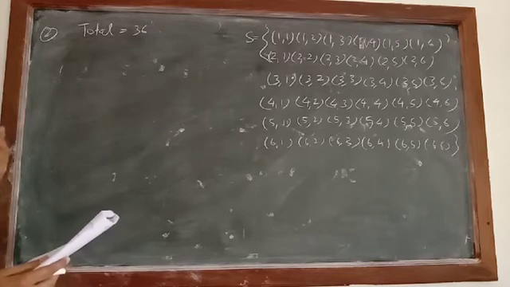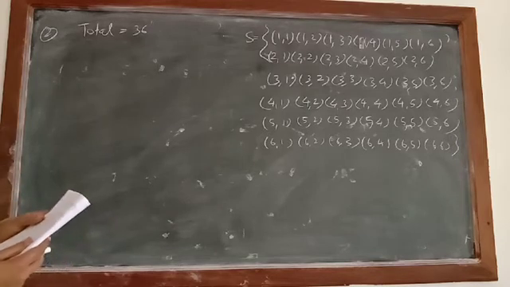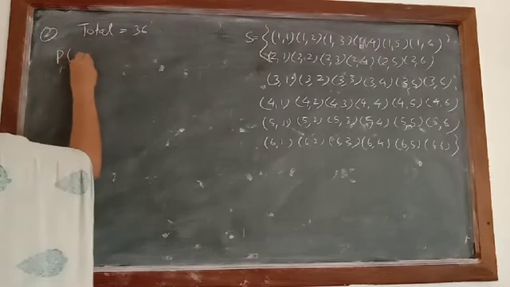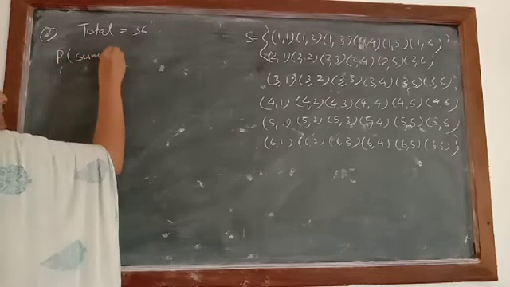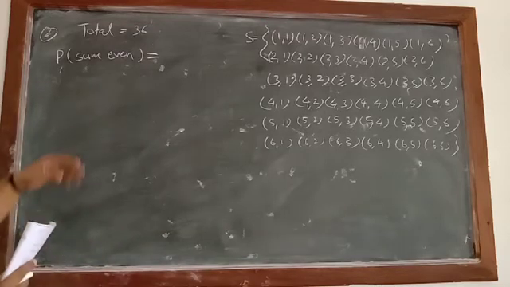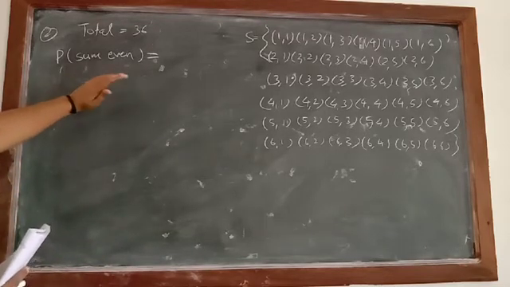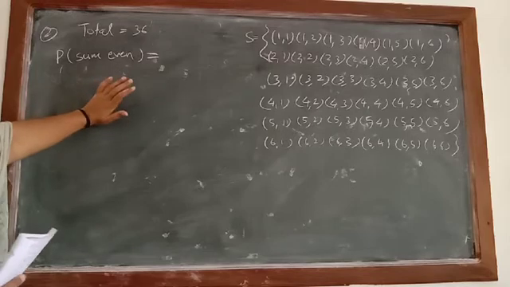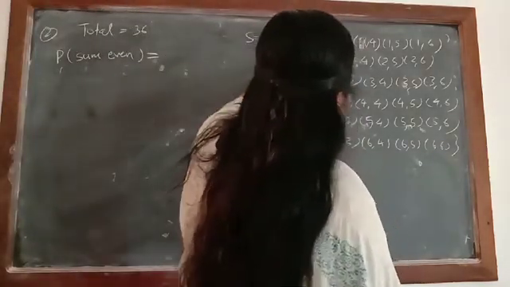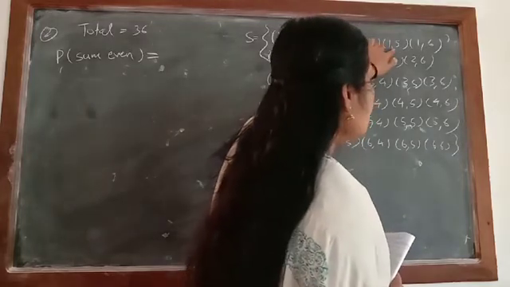Now the first question you can check. Find the probability of getting an even number as the sum. Sum should be an even number. So we can check in how many cases we are getting the sum as an even number. In this column just check 1 1, 1 3, 1 5. So 3 times.